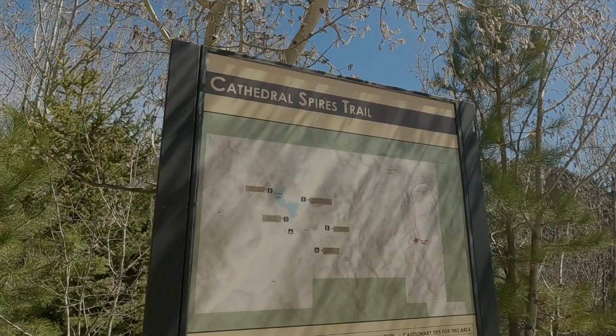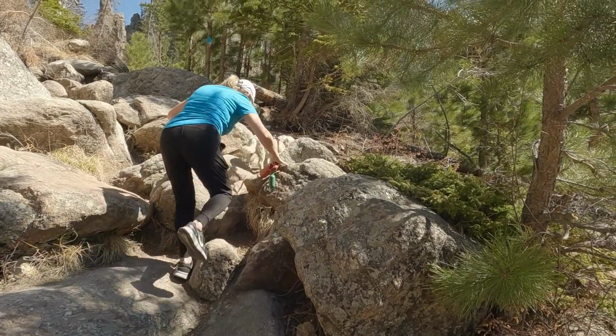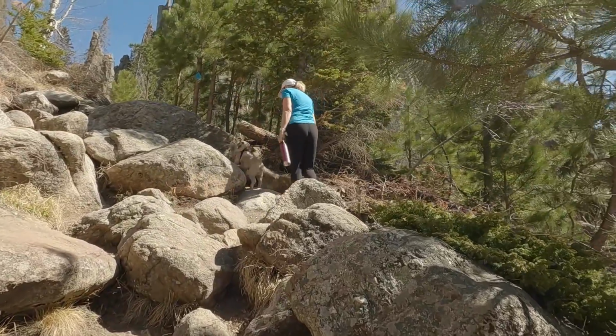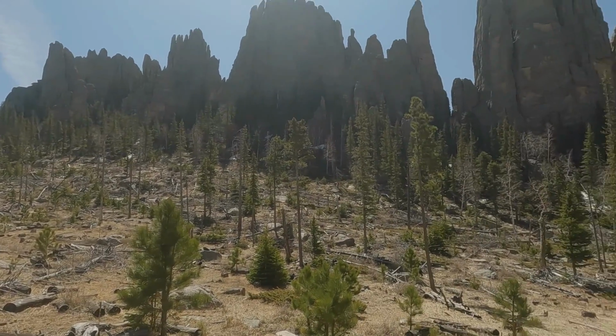I think you don't really see it. You have to kind of get in front of it. And then we hiked the Cathedral Spires Trail, and that was phenomenal. I enjoyed that. That was a little intense as far as the ascension. There was a lot of, and that was like 1.5 miles also. Not bad. So we went and hit the Cathedral Spires hike first, and then we followed that up,